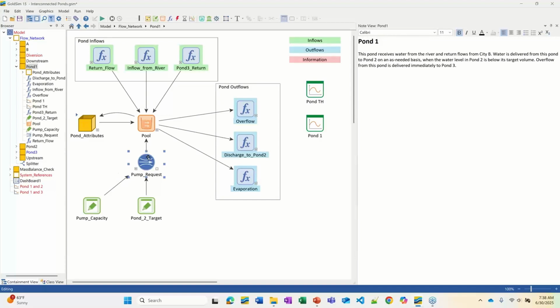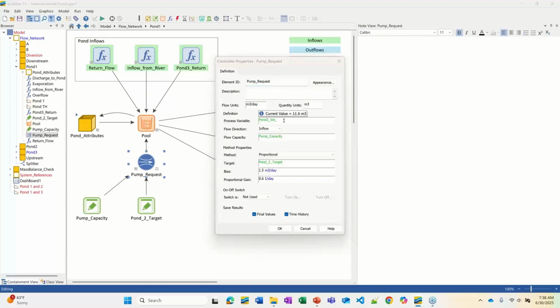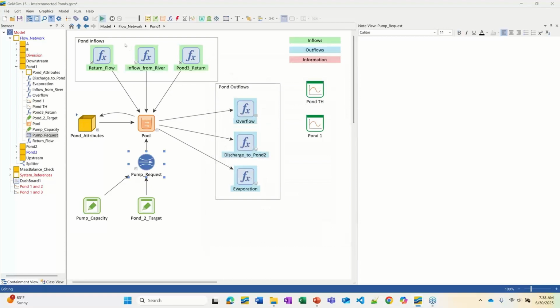So instantaneously, right, we get that information. Here's pond 2. We're going to make a decision based on that. We're going to use this flow capacity and throttle it down if necessary to get us to be stable and right at the target that we're watching for. The target that we have is this value 22. We're going to do everything we can to keep 22 cubic meters in that pond 2 over there. And we're going to use a bias here because we've got an uncontrolled inflow that's on average about 1.5. And then I'm going to use a proportional gain of 0.6. So now when we run this,